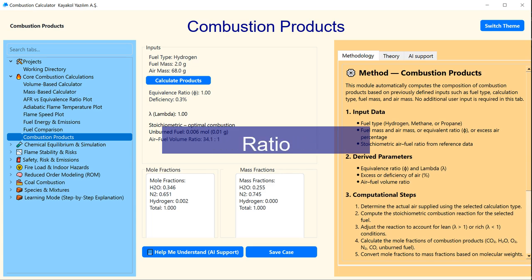Equivalence ratio and excess air deficiency. The equivalence ratio phi is a measure that defines the richness or leanness of the air-fuel mixture in comparison to the stoichiometric optimal combustion condition. In this case, your equivalence ratio of 0.99 indicates that the fuel-air mixture has slightly more air than necessary for complete combustion. Stoichiometric ratio is typically around 1.0 for hydrogen. The excess air of 0.7% means that there is an additional 0.7% oxygen in the mixture compared to the optimal